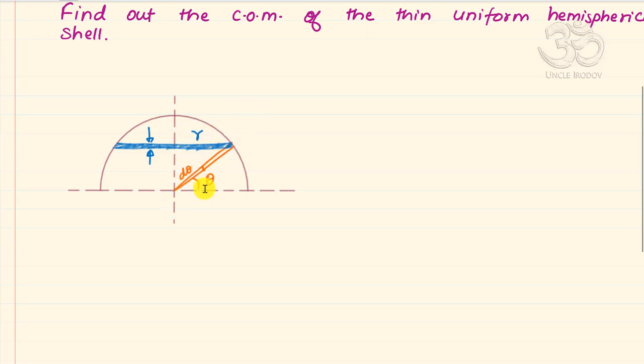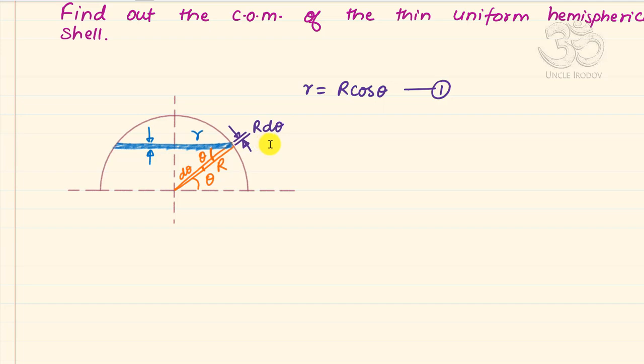What will be the relation between small r and big R? Big R is this entire orange length, and I know that the angle here is theta, so that orange angle over here is also theta. So I can easily figure out the relation between small r and big R. I can say that small r is big R cos theta. So this is the first relation. Next, how much is the total width of this ring? The width of this ring is going to be R d theta.